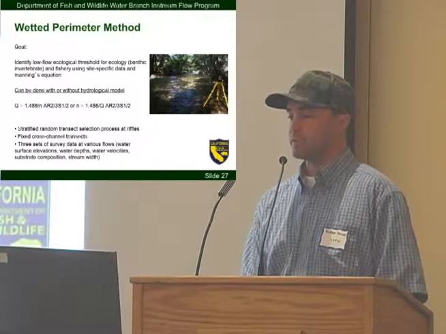And basically there's a couple of ways you can do it. Most involve field methods. You can either sample it 3 times and input your values into, or as little as 1 time actually, and use a fairly simple hydrology model, and you can calculate what that value would be, or you can go out and not use any type of model and just basically sample 5 or 6 times and develop that relationship yourself. And so what happens is, then what you do is after you've gone out and you've sampled,